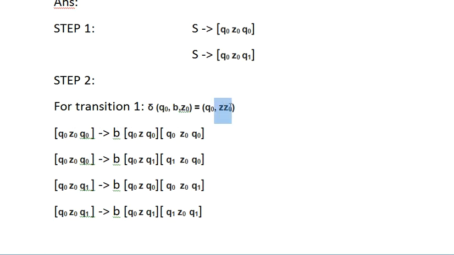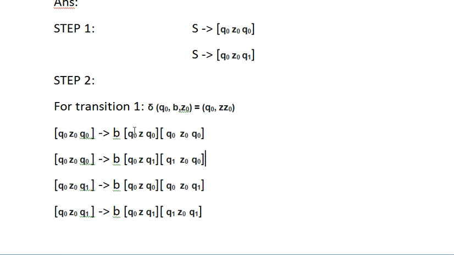As we are having 2 alphabets over here, how many possible times are we having 2 different productions? That is for Z naught. For Z it will come in the middle of this, and for Z naught it will come in the middle of this. Clear? So as we are having 2 alphabets, how many possible productions will there be? 4. Why? Because 2 input alphabets, 2 stack alphabets, and 2 states. So 2 into 2, that is 4 different possible combinations. That means Z will work for Q naught Q1, then again Z naught will work for Q naught Q1. Okay, now we are done.